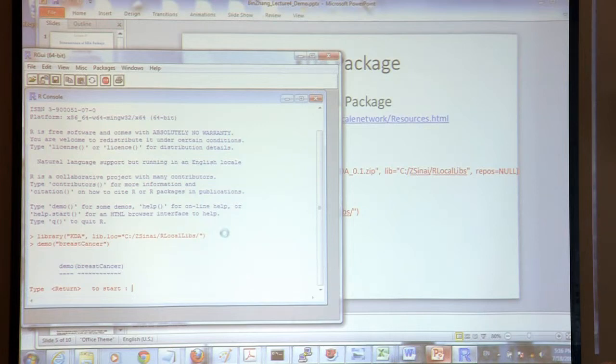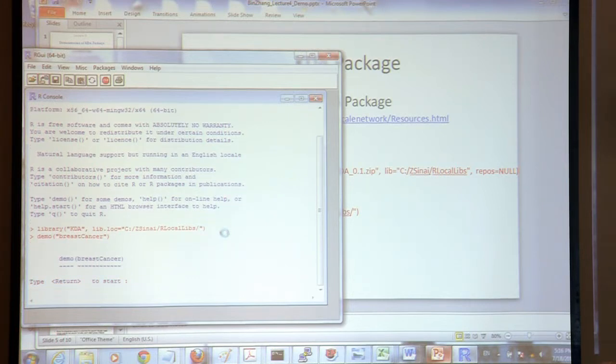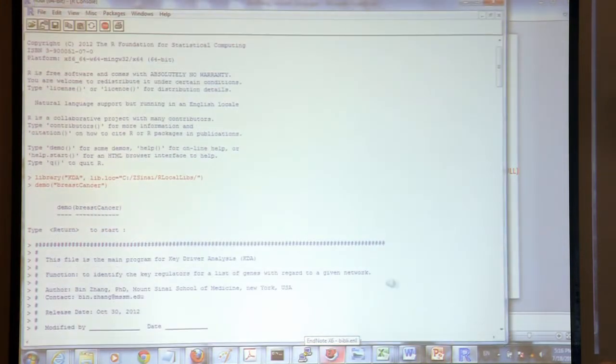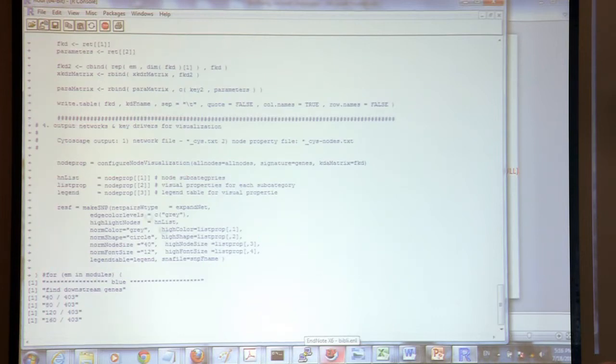Those modules are highly predictive of clinical outcome, the survival. So when you run this demo,